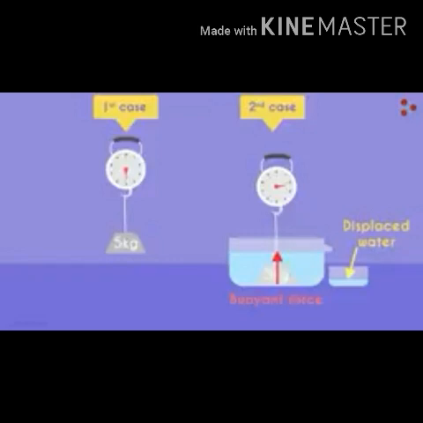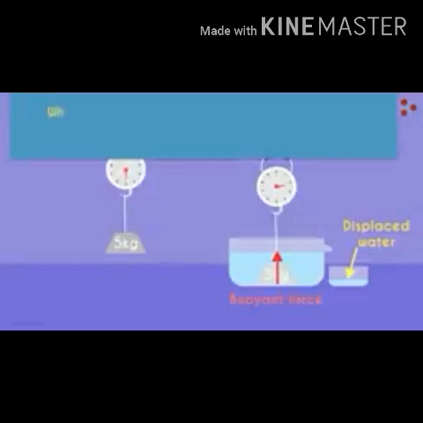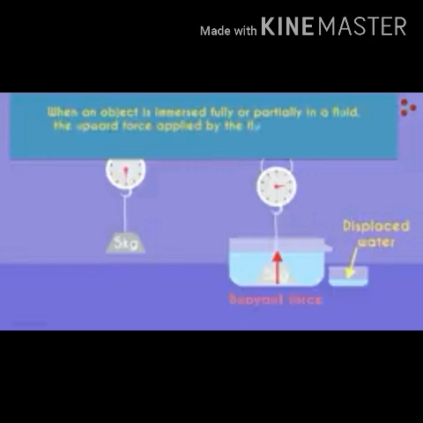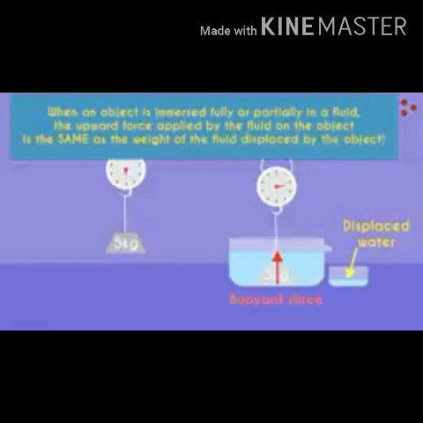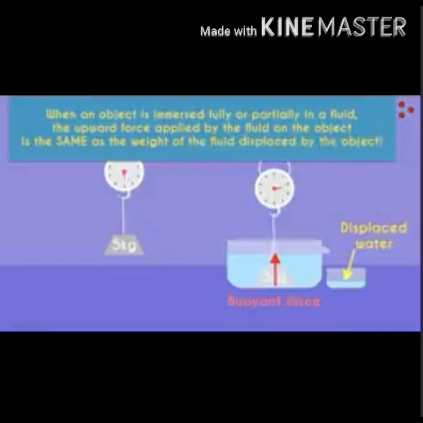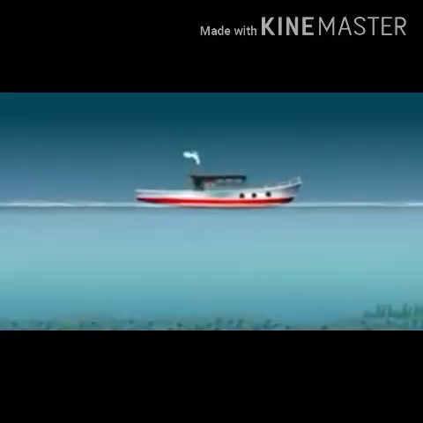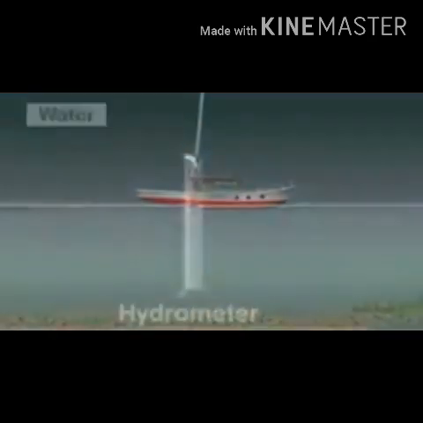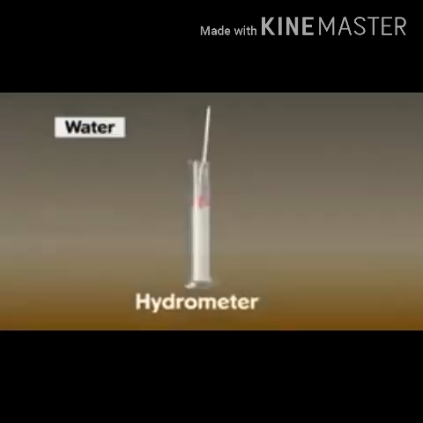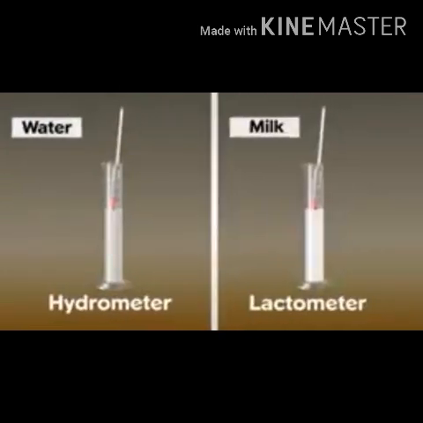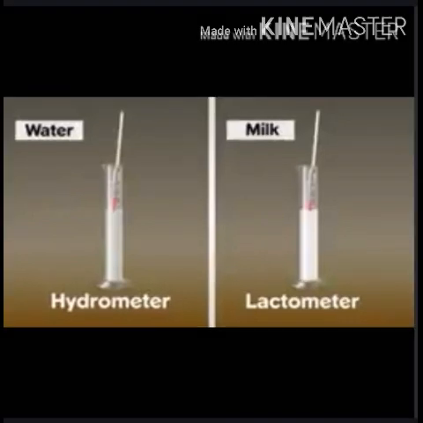and that is the Archimedes principle. The principle states that when an object is partially or fully immersed in a fluid, a force of buoyancy acts on it in the upward direction. This force is equal to the weight of the fluid displaced by the object. The use of Archimedes principle is very wide. This principle has been used in the construction of ships and submarines. Instruments such as the hydrometer, which is used to find specific gravity of liquid, and the lactometer, which is used to find purity of milk, are also based on Archimedes principle.